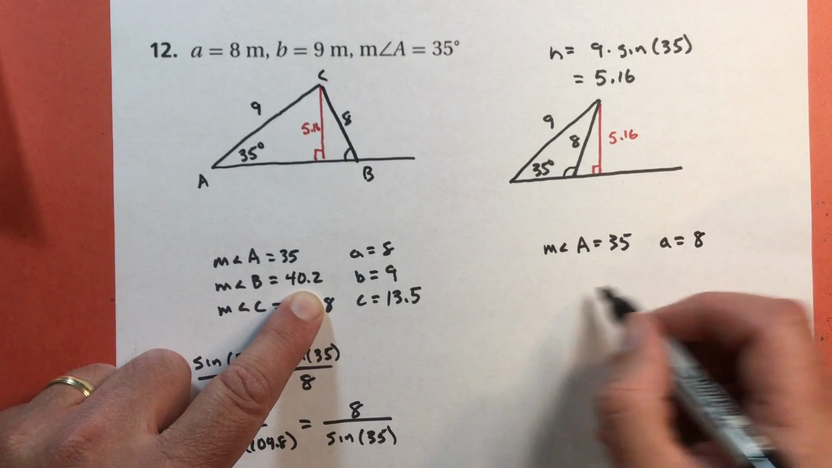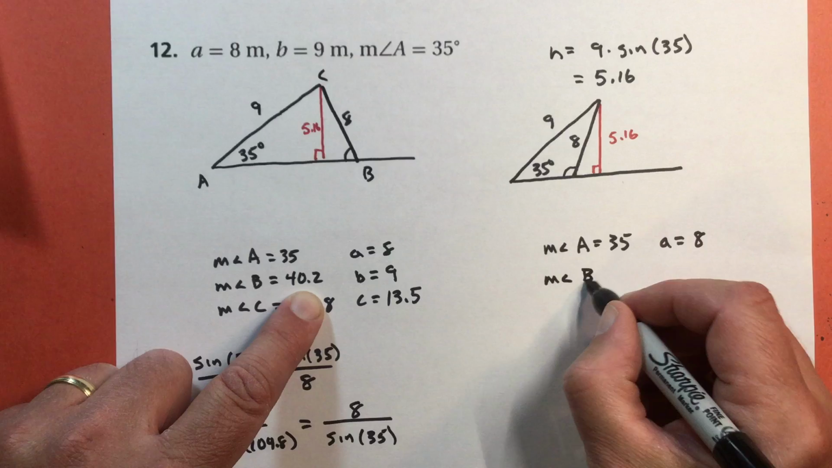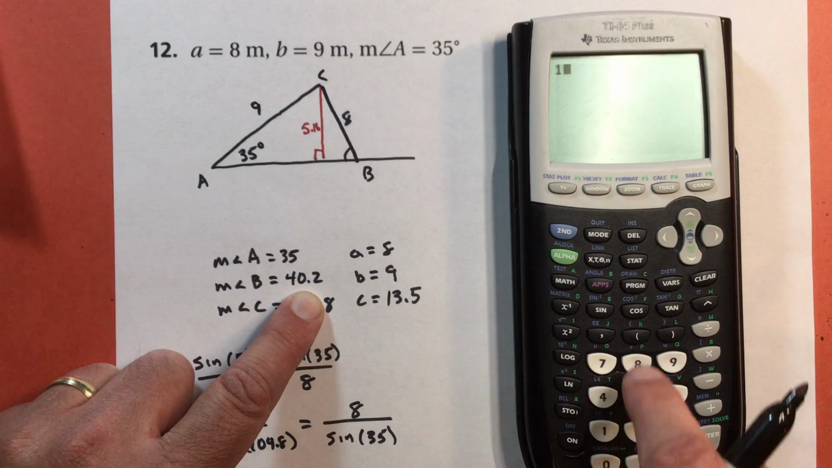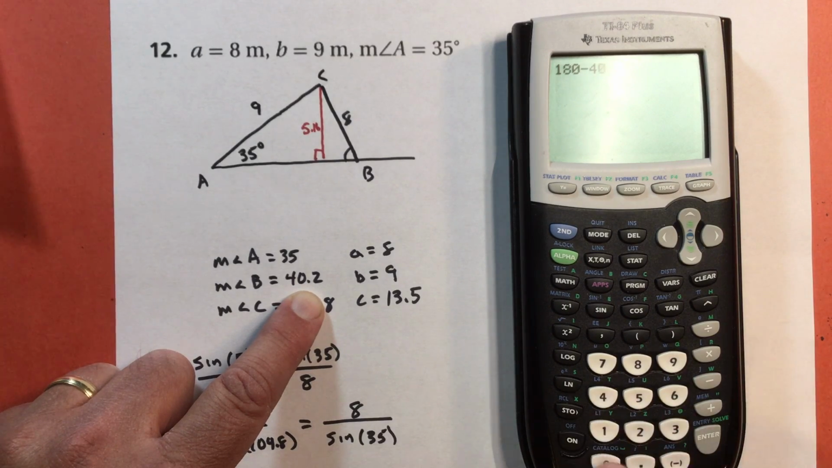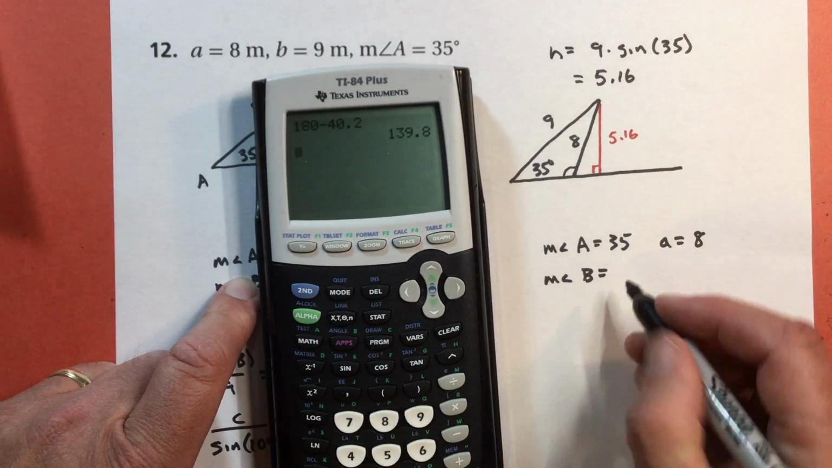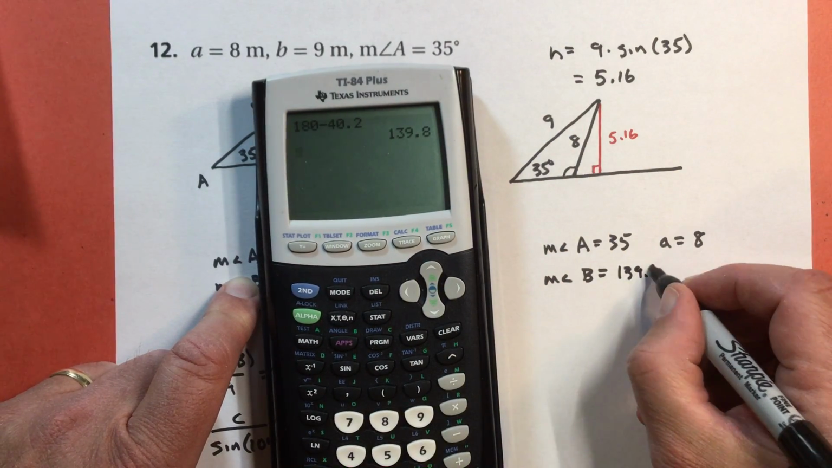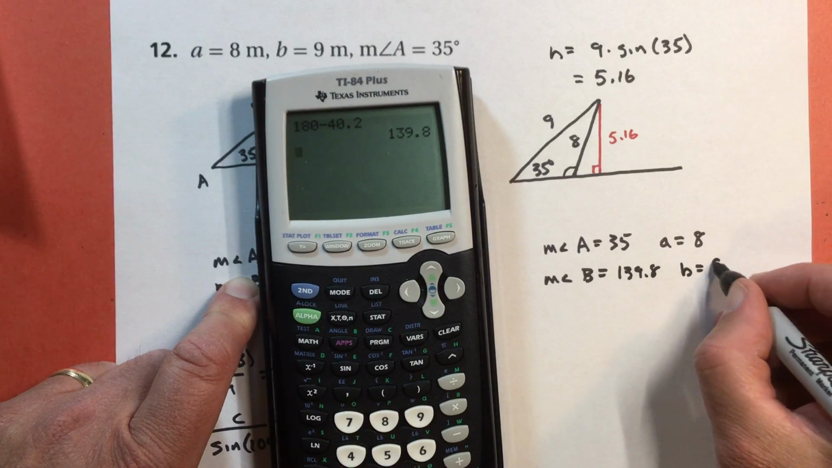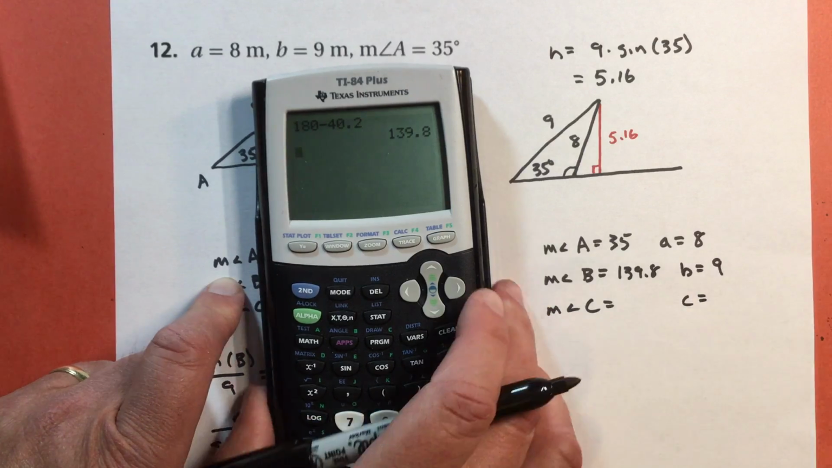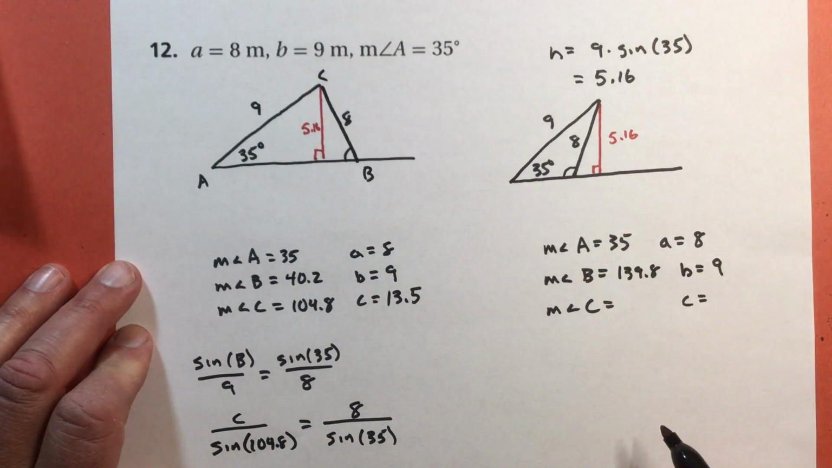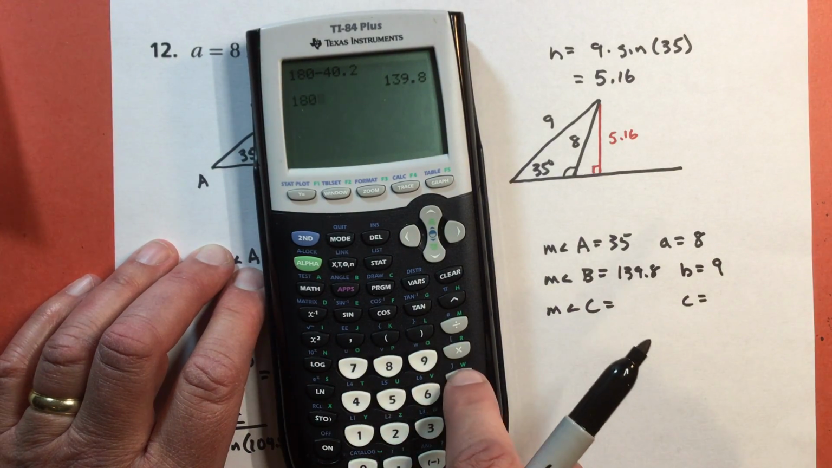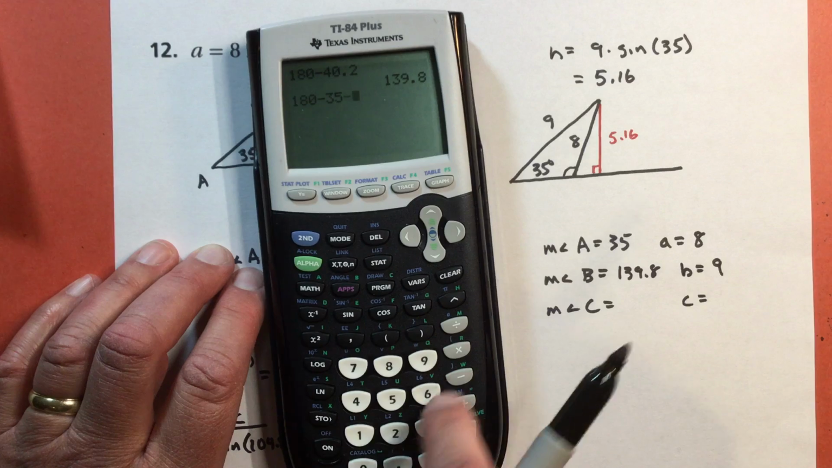A is still 8. The measure of angle B now, hit clear, it's 180, subtract 40.2. So now it's the obtuse supplement, which is 139.8. Side B is still 9. And we still have to find angle C and side C. Angle C is easy. Should have left my calculator over here. Do 180, subtract 35, subtract